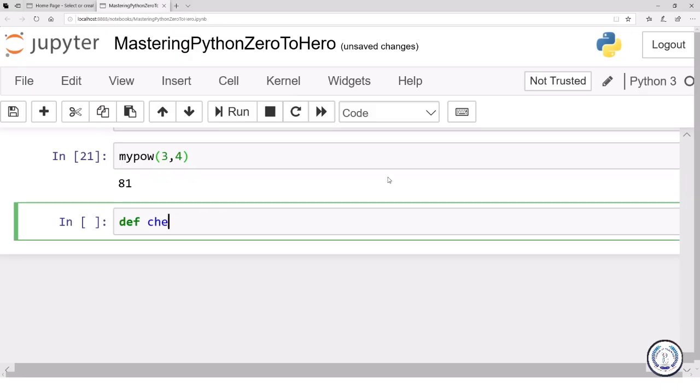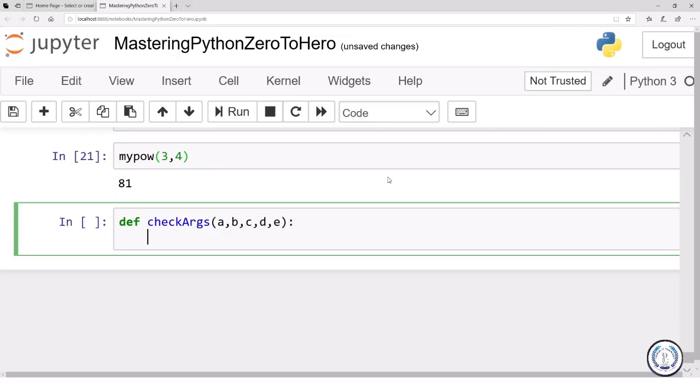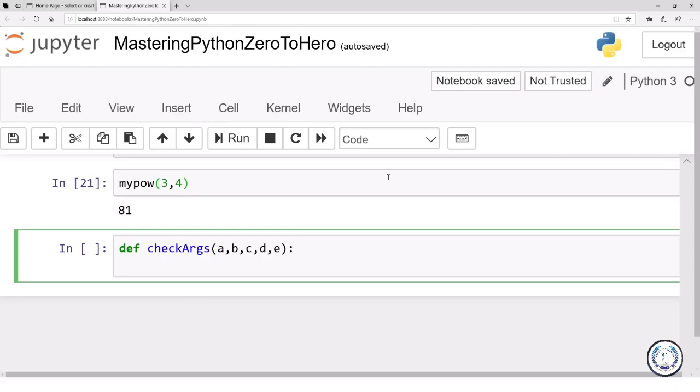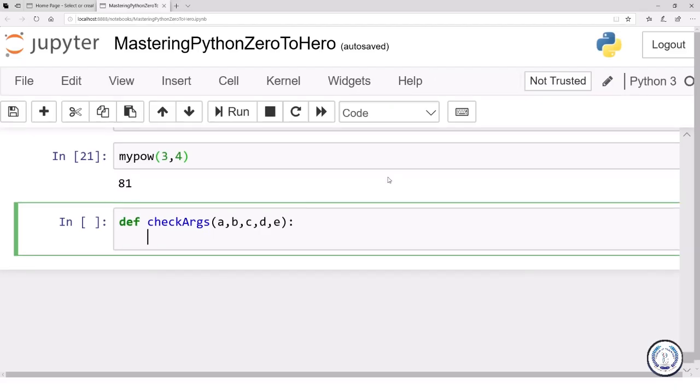Let's say check_args is your function, and A, B, C, D, let's say E, these are the input arguments. And let's say at some task you want to know whether all the 5 variables that you are working with are numeric values or not. If they're not numeric values, you're not moving on. You're taking input from somewhere, reading from a file or whatever, and you need to check before moving on whether A, B, C, D, and E